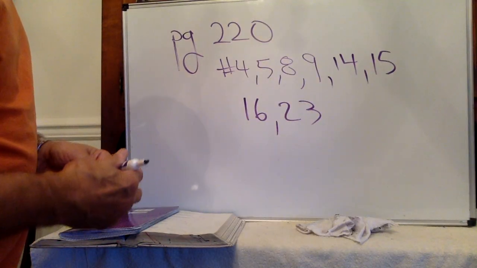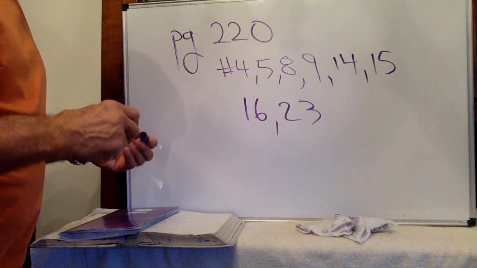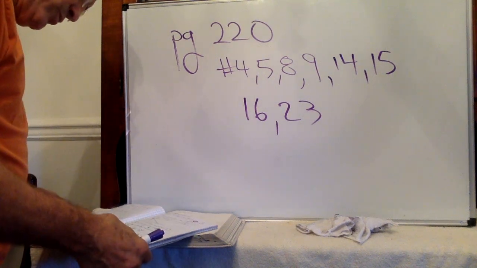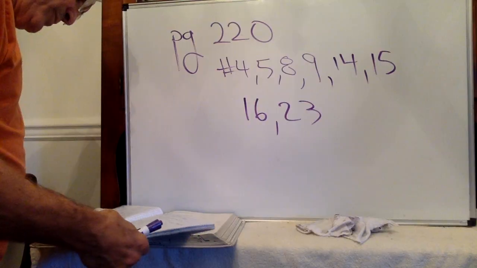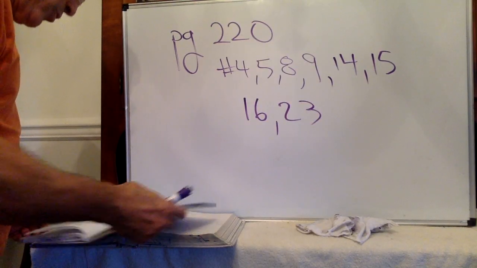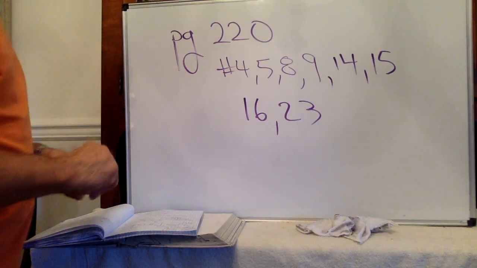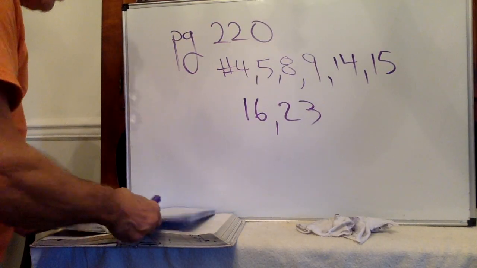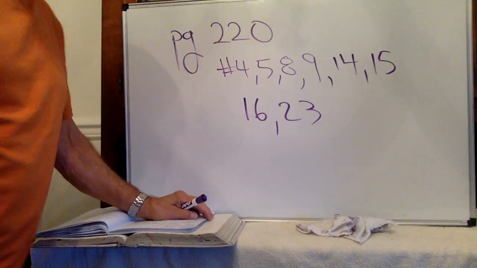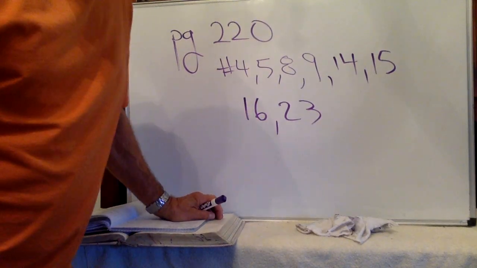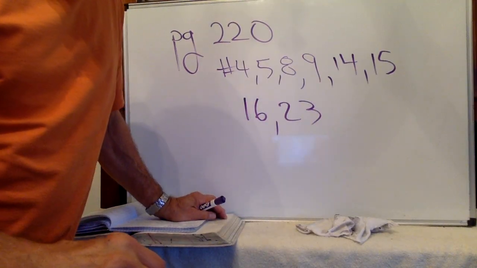Alrighty. Page 220, 4, 5, 8, 9, 14, 15, 16, 23. Most of these are numerical. There are a couple of proofs, but most of those are numerical, or they're asking you to find the parallel lines and cite what you use to get them parallel. So, any questions, please feel free to call or email, or write them down and bring them with you